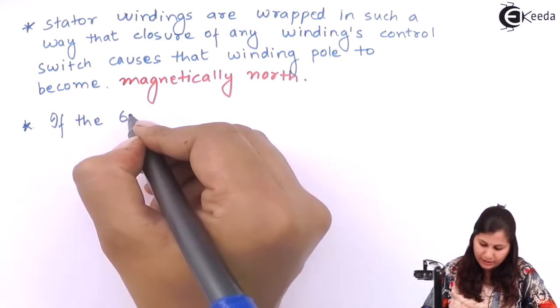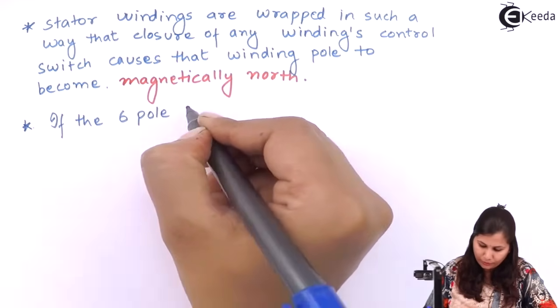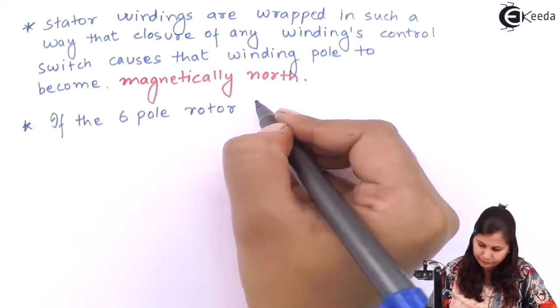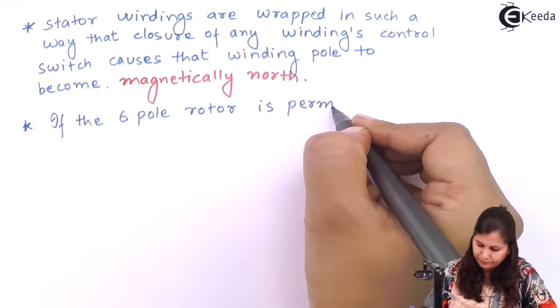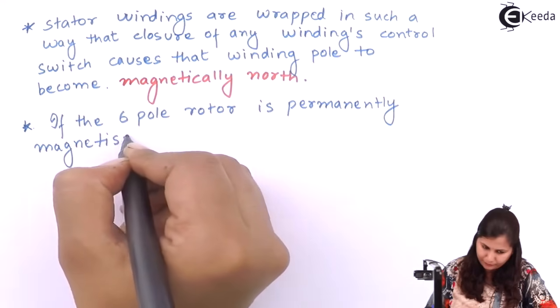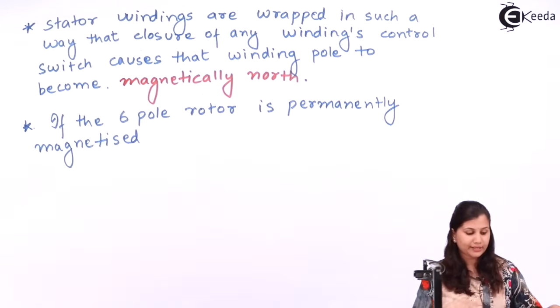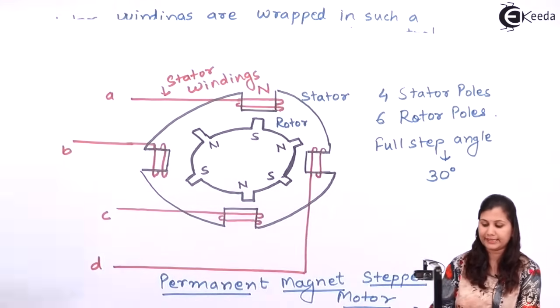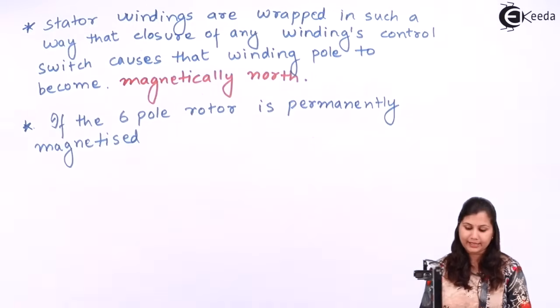Now if the 6-pole rotor is permanently magnetized, then